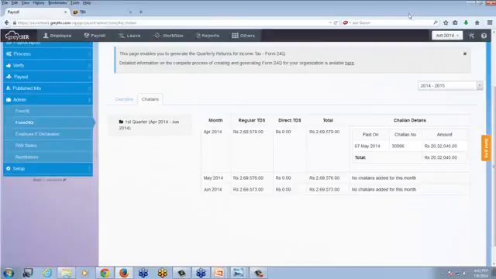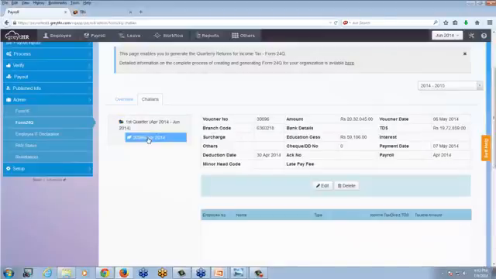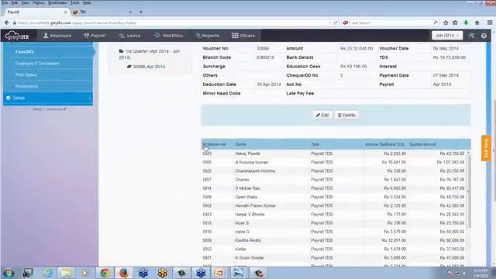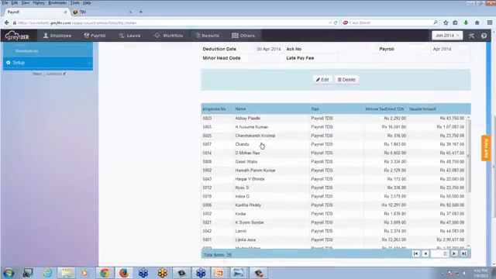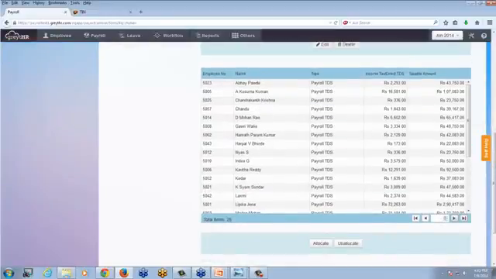So whatever data has been updated will be reflected here. Just click on that particular quarter. The system automatically allocates the challan details to the respective employees. There are chances where you might have remitted TDS in multiple challans.